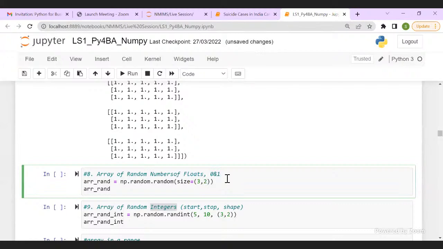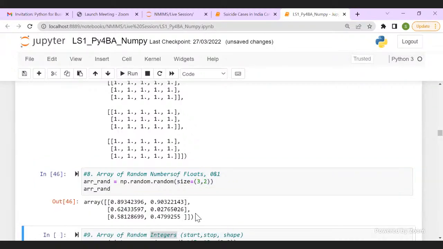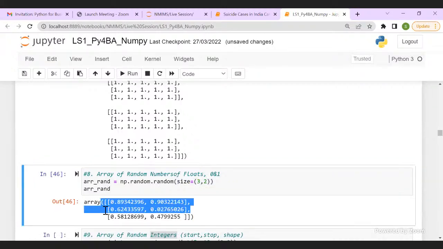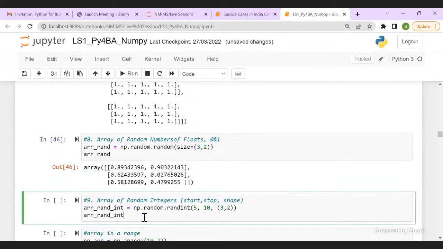So I just have to give the size of my array. Here I'm getting a 2-dimensional array. This is just a random generation of numbers if I want it for any analysis.